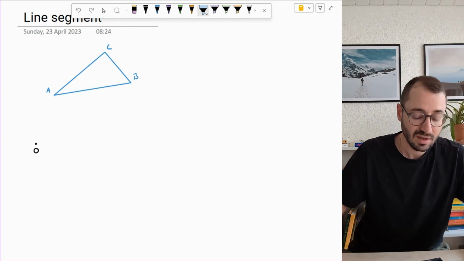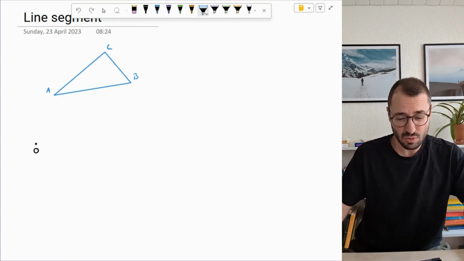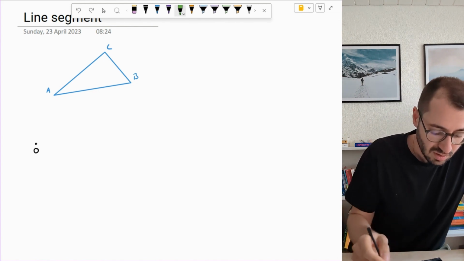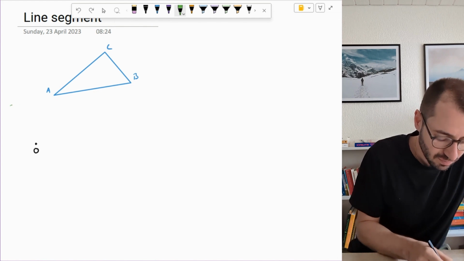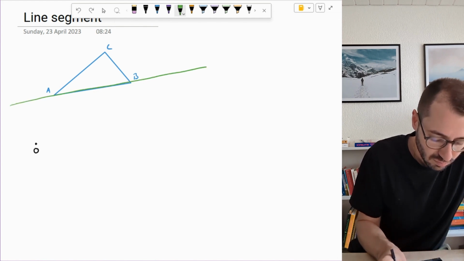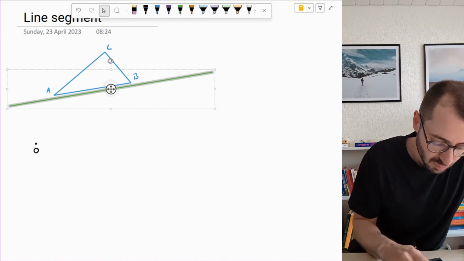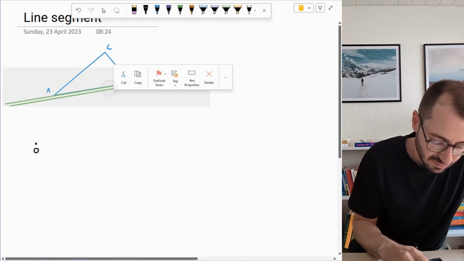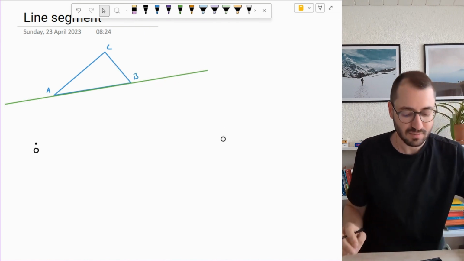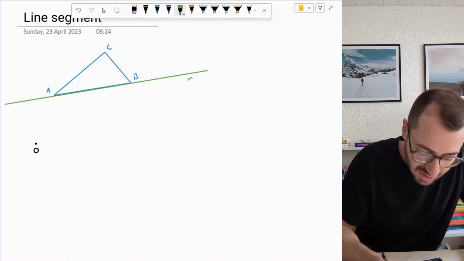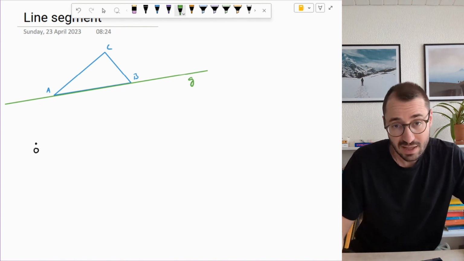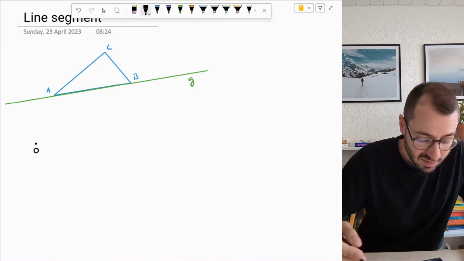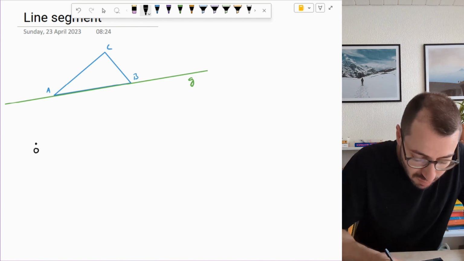Now, what we can do is we can think of a line that goes through the points A and B. Let's move this up a little bit so that it's nicely through the points A and B. So this line, we call it g, goes through the points A and B. And now we can describe it with the point direction form. So g